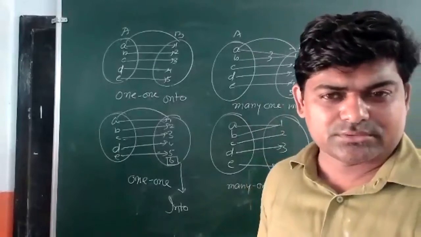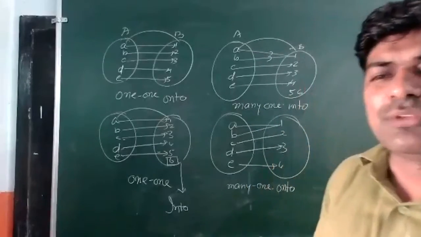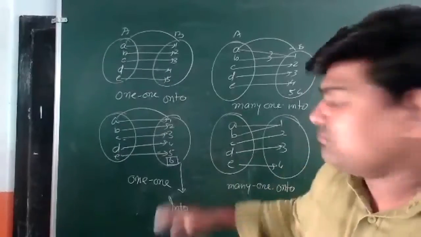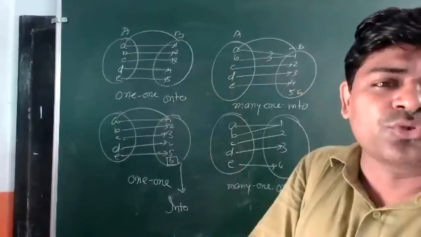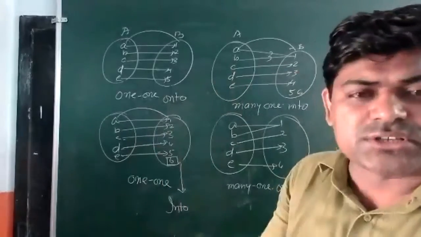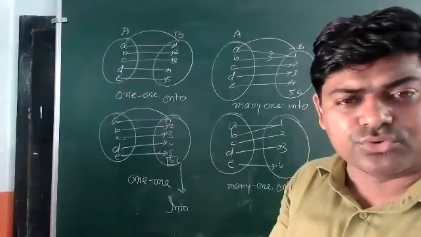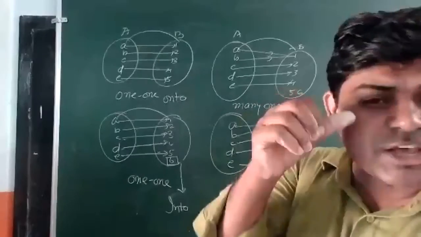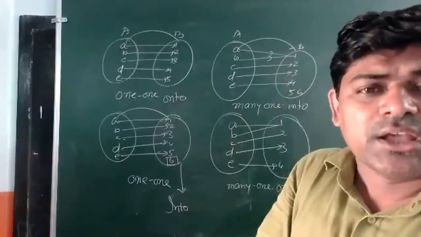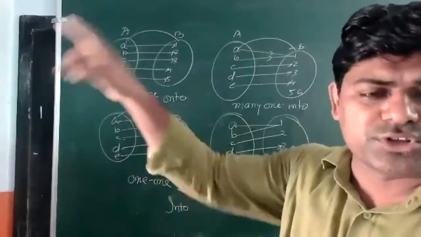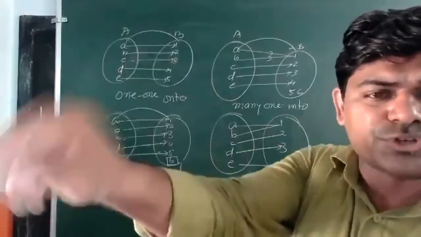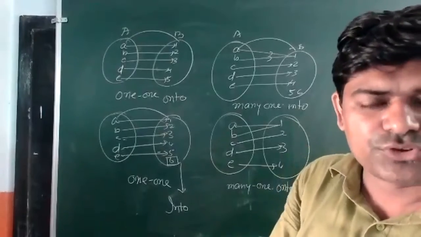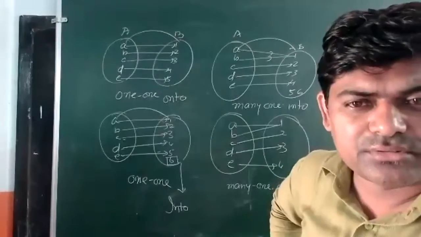Hope you have got my point. But the problem is that when we start solving questions, that time we will have a problem: how to solve it. With the help of this diagram only we came to know what is 1, 1, what is many one, what is onto, what is into. These things we learn, but how to show it in the question? One question has been given. Suppose that one function has been given. A function f is defined from natural numbers to natural numbers, f(x) equals 5x plus 4. Whether it is 1, 1 or many one or onto or into, we should have something to represent it or to show it.